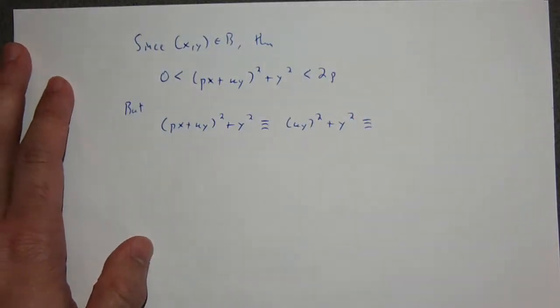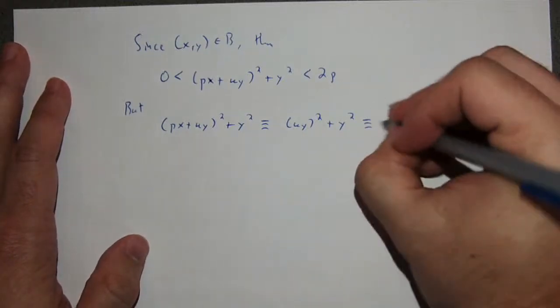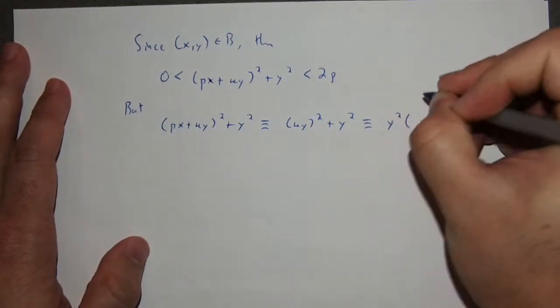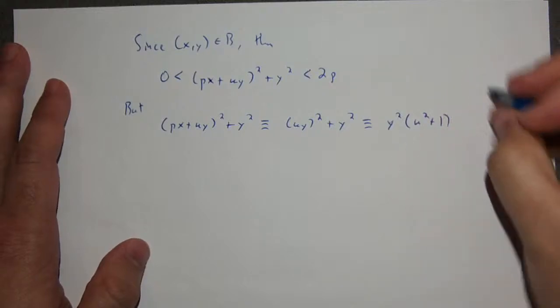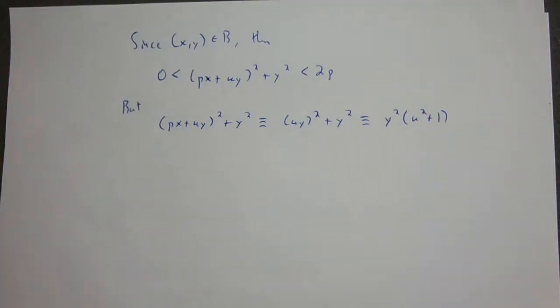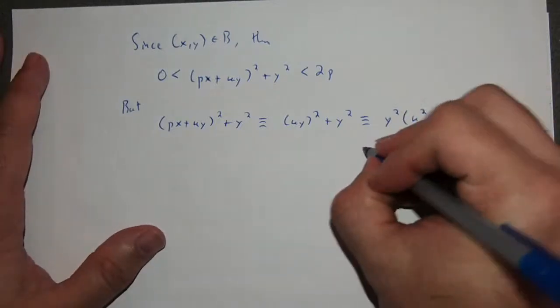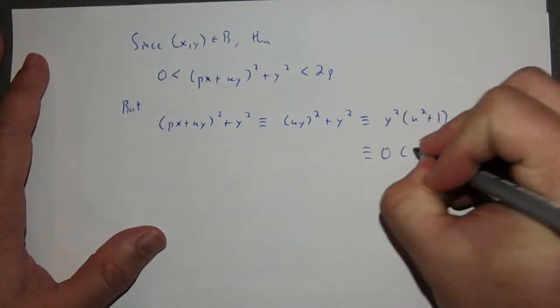But I can factor a y squared out, and so I have y squared times (u squared plus 1). But remember, we chose u specifically so that u squared plus 1 would be 0, or u squared would be congruent to minus 1 mod p. So this is 0 mod p,